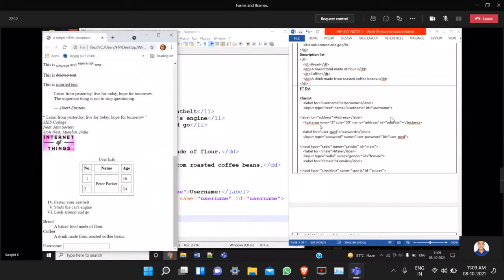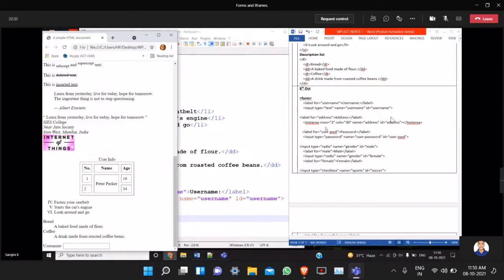For the text area, rows and cols are mandatory attributes. Name, as usual, we will give for this control also. The ID for this for attribute you have given here, and then your closing textarea tag.